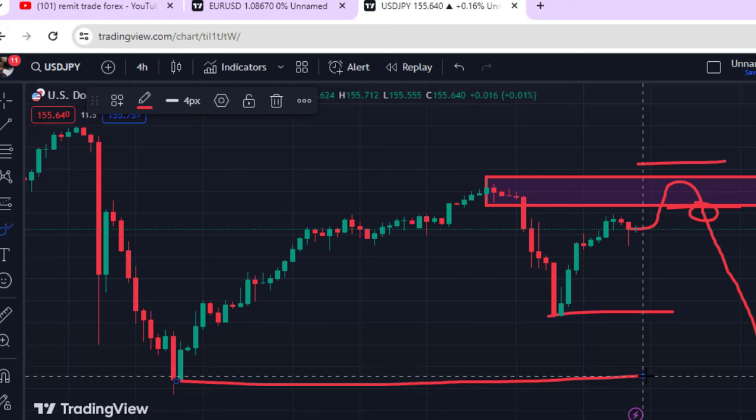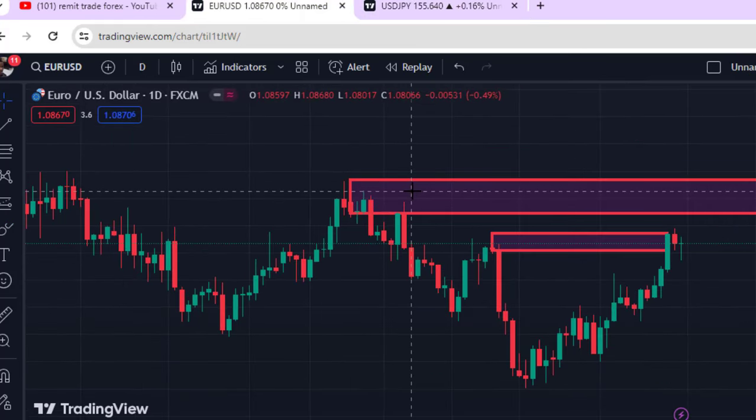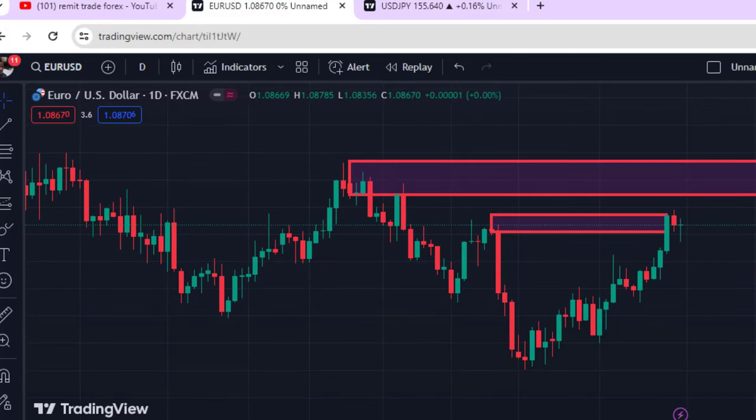Okay, so this is very, very important as we resume the market on Monday next week. So pay attention to this, guys. This is what I am expecting on the USDJPY 4-hour chart. And if you look at the 1-day chart, EURUSD, it is covered that after the CPI data, the market